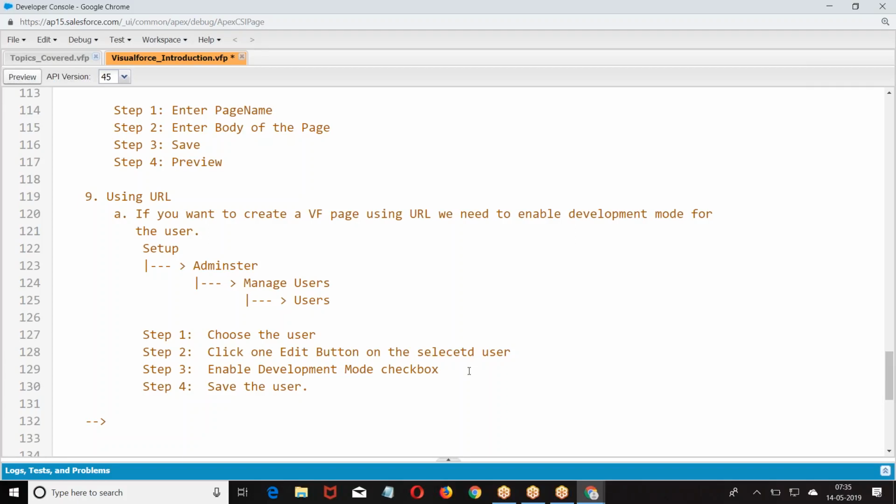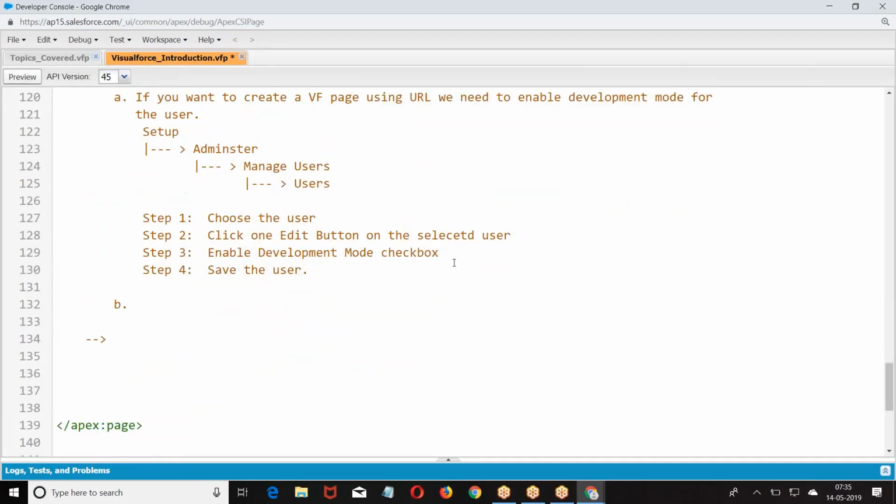Once the development mode is enabled, how do you open the page? We use a URL to open the page. If any VF page is there, how do you open the VF page? Look at the point. It is HTTPS,